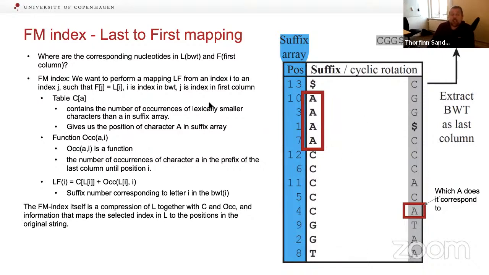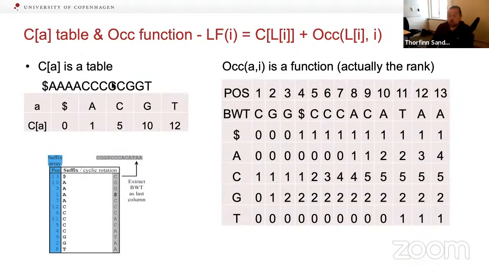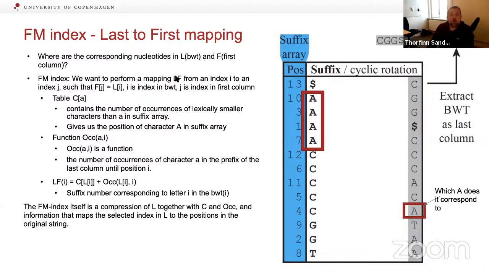The way this is done is that we build an index that tells us which index in the Burrows-Wheeler transform corresponds to which index in our first column. But we don't really need to care about what the actual entry is here. We just need to know which row it corresponds to, because then we can discard the first column. Okay, so this is what is called the first left mapping. It takes which index this one and then tells you what the preceding character row is.